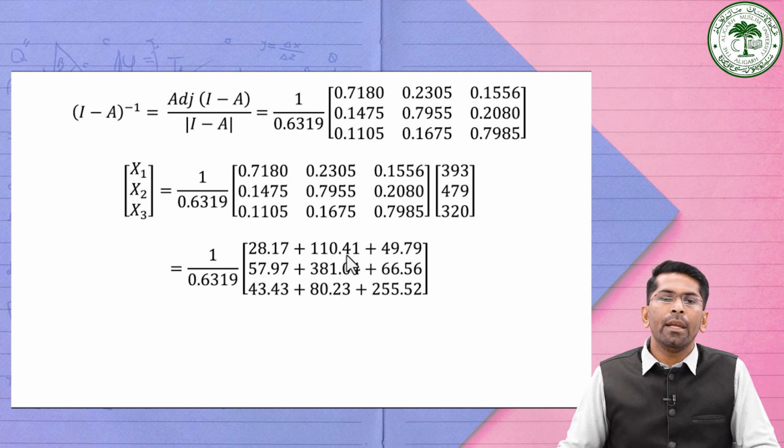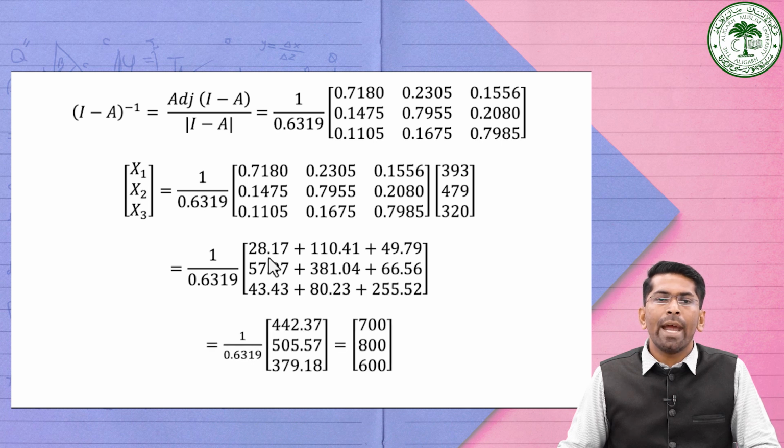0.1475 into 393, it will become 57.97, plus the second element, that is 0.7955 into 479, which is equal to 381.04, plus the third element, that is 0.2080 into 320, which is equal to 66.56. Similarly, we are also going to multiply the third row with the final demand vector, then it is equal to 43.43 plus 80.23 plus 255.52. So if you go for simplifying it, adding all these elements,